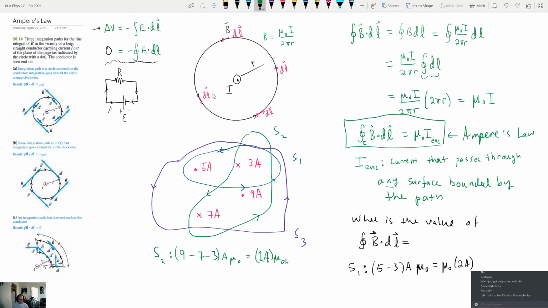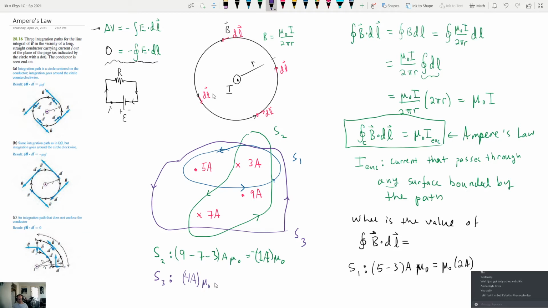Where in Gauss's law, you just add up all the charges inside of your surface. Wouldn't it be -1? Oh, it's -1, yeah, thank you. But anyway, you guys agree. It's really similar to Gauss's law, right? You just add up whatever's in there. Okay. So what is the value for surface 3 then? 4 amps